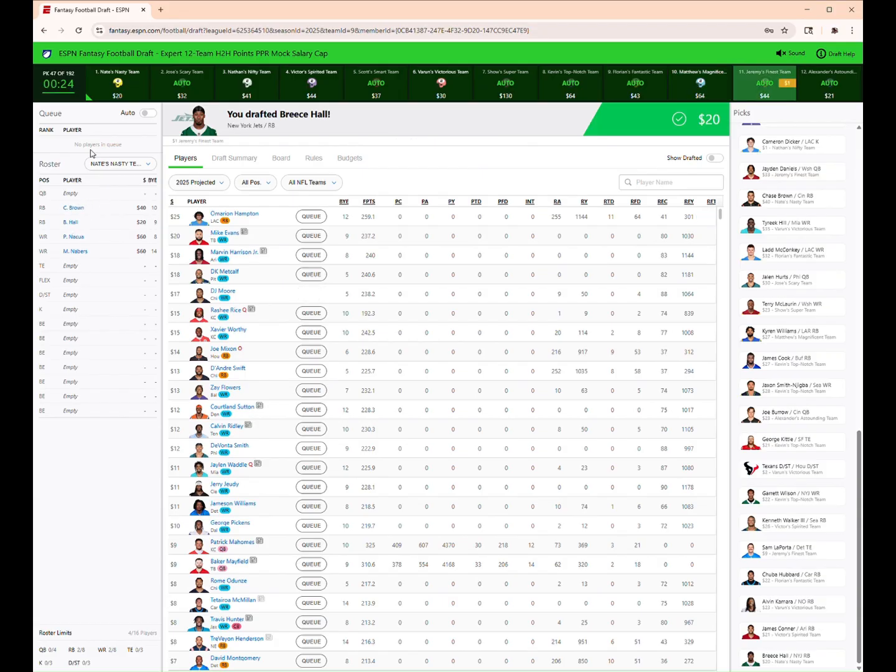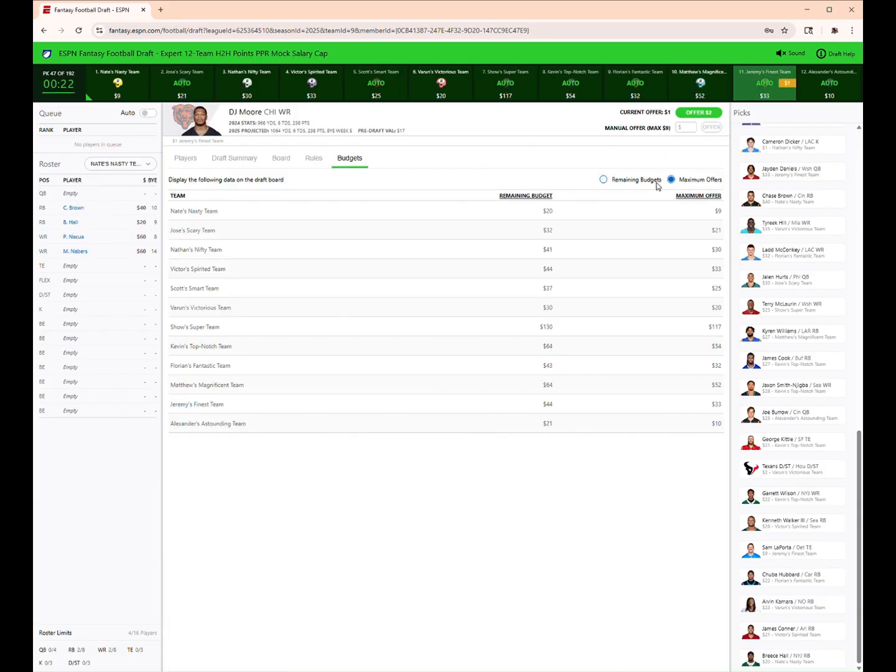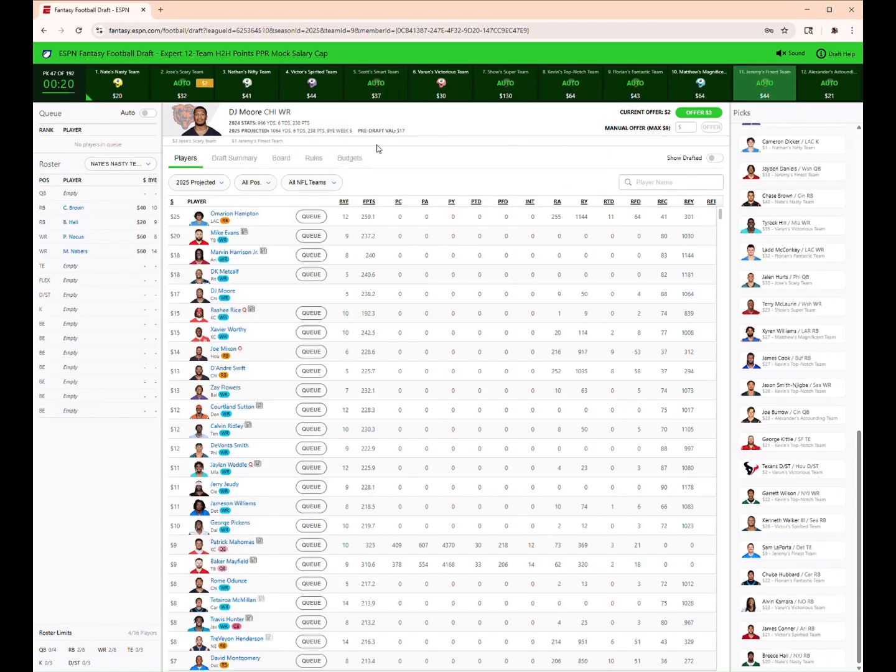All right, so we got our main four. Got $20 left. We can bid $9 on one player if we want. Got kind of that main four. I like two elite wide receivers, another elite running back, and